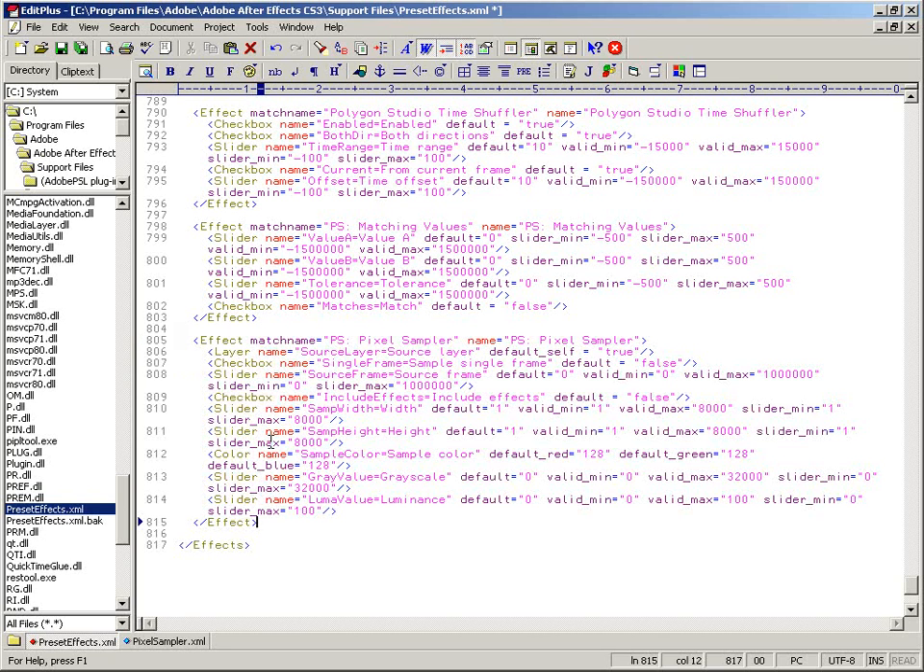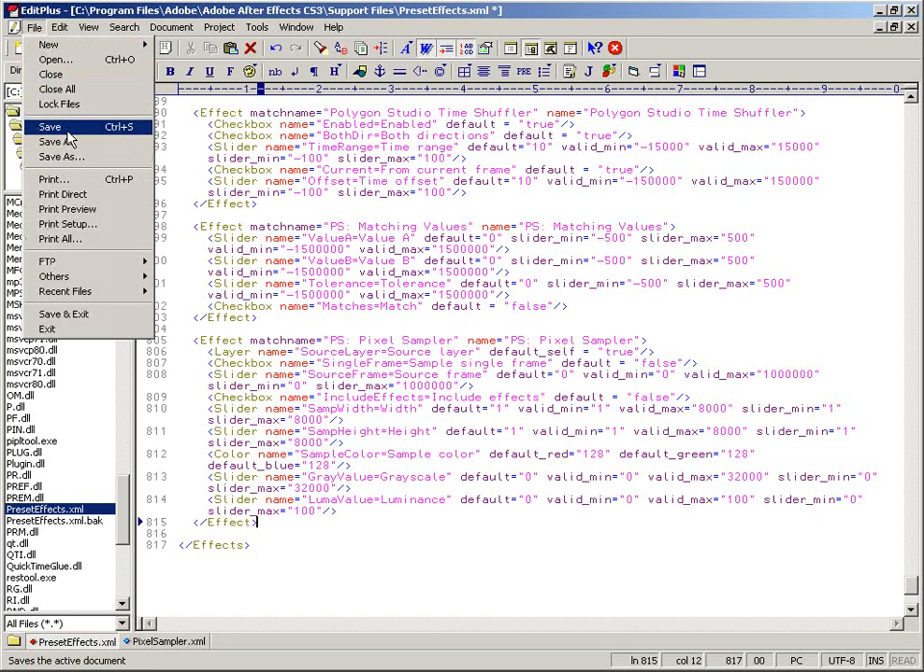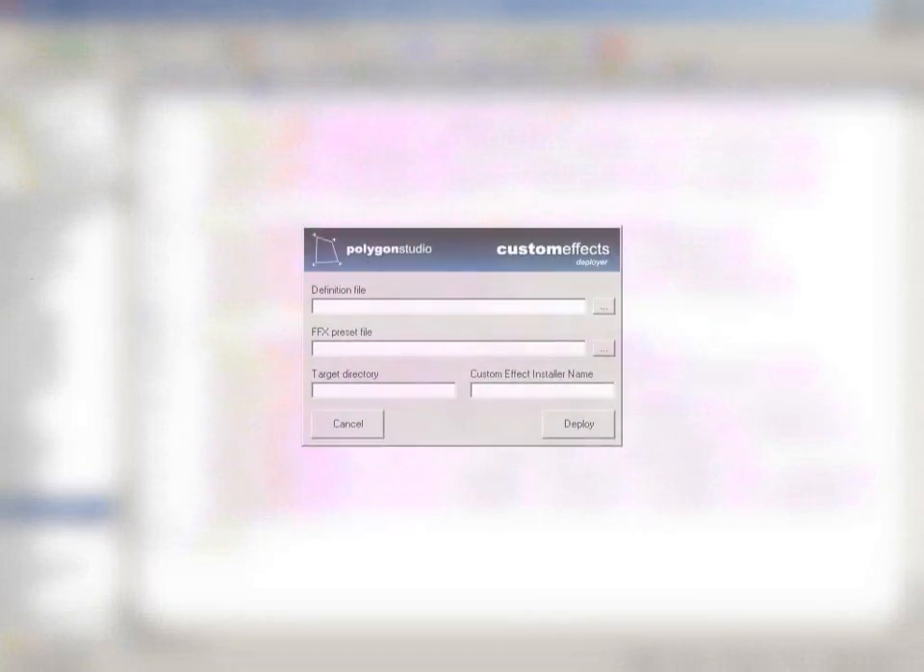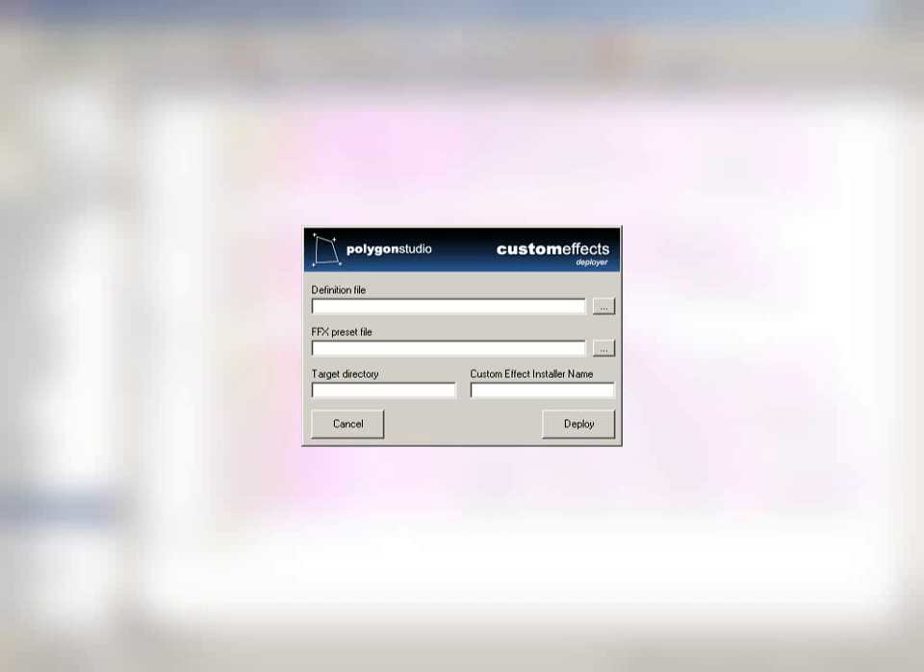Control V for pasting. It is probably different in Mac. I don't know, Command or Option V or whatever. Just paste it in and save the file. Restart After Effects, and that's it. You're ready to go. Like I've mentioned in the previous tutorial, I'm also planning to do a deployment tool for